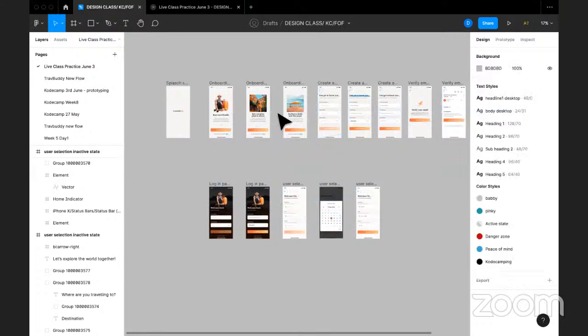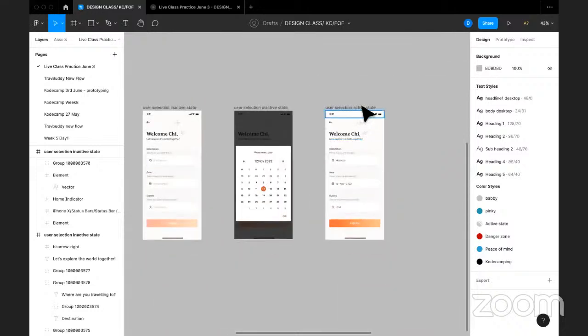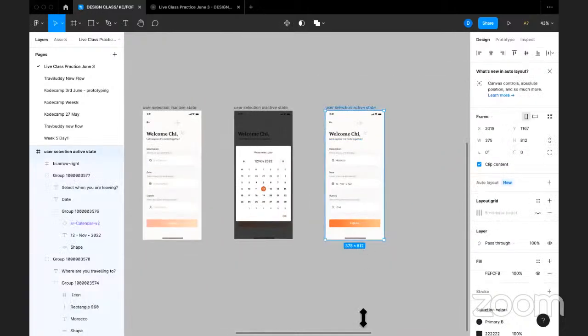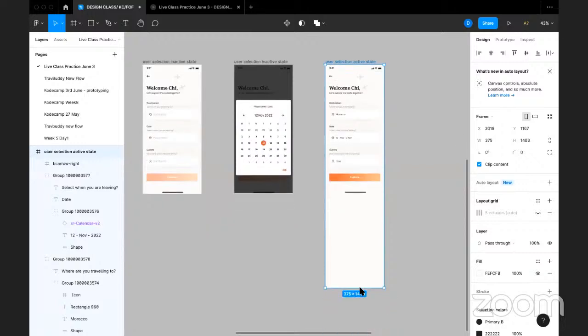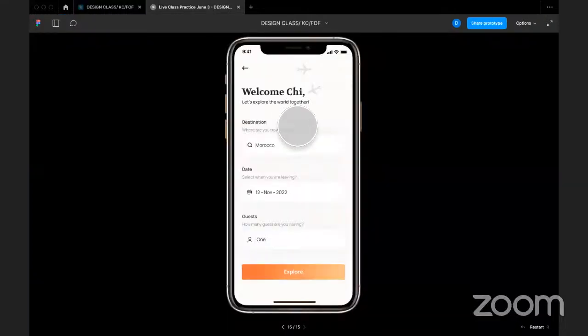Okay. How do you make a page scrollable? When you say scrollable, it depends on if you have so much content on the page. So if, for example, I have, like, this is not the end of the page. So let's say I have all of this here, like I had extended the frame, and then I have so many content. Once it's been prototyped,